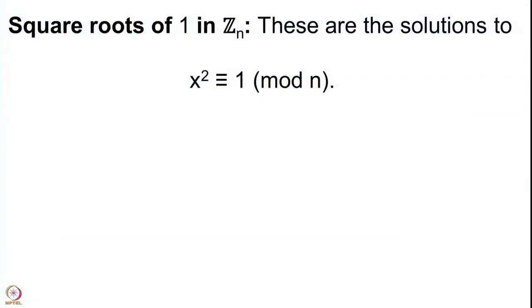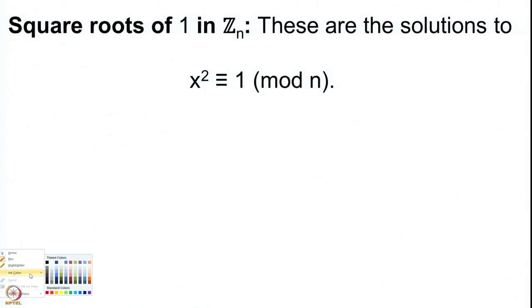In general, it is not easy to give the solutions to the equation x square equal to 1 in Zn, but what we can definitely do is to compute the number of solutions. So, what we want to do to begin with is to compute the number of solutions to x square congruent to 1 mod n. These are the square roots of 1 in Zn,